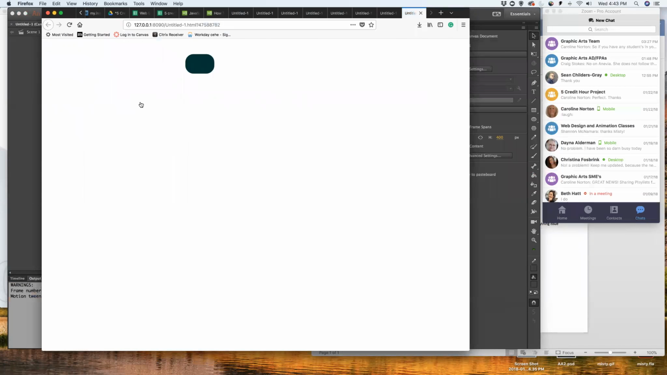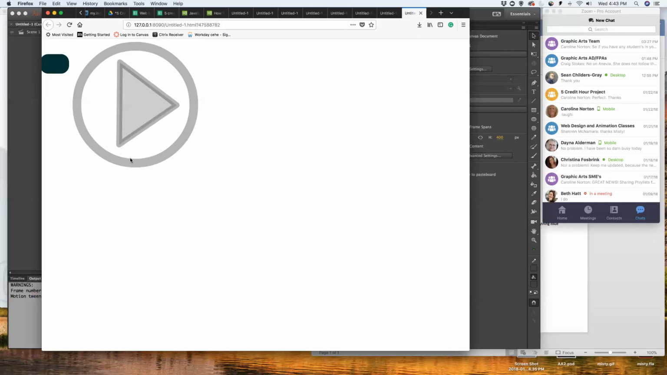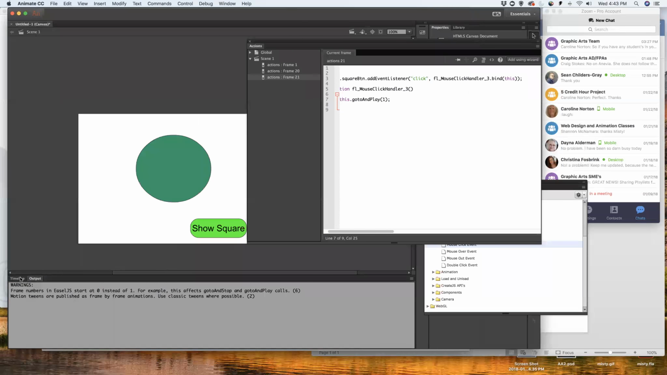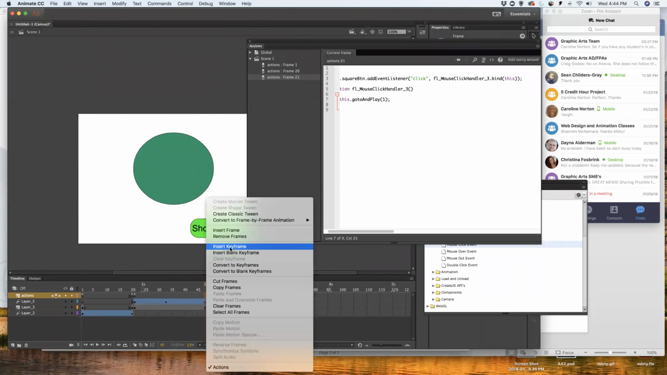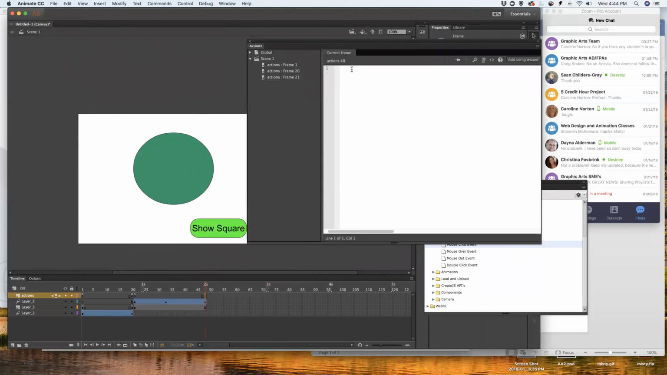We play, and then it says, hey, you want to see the circle? Sure, show circle. But it automatically looped. Well, that's because at the very end of our timeline, where we've asked it that we want to show the square, we haven't told it to stop. So on my actions panel, I'm going to insert a keyframe there. And in that very, very last frame, I'm going to do this dot stop command. So now when we test it,